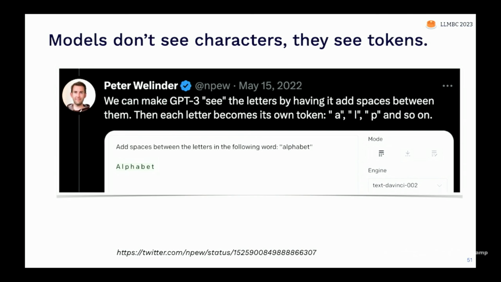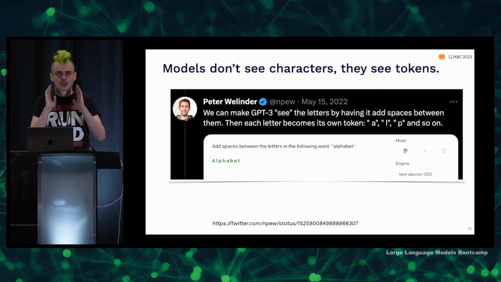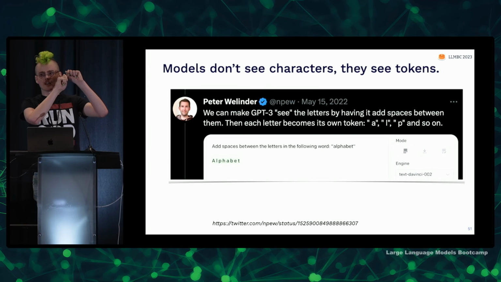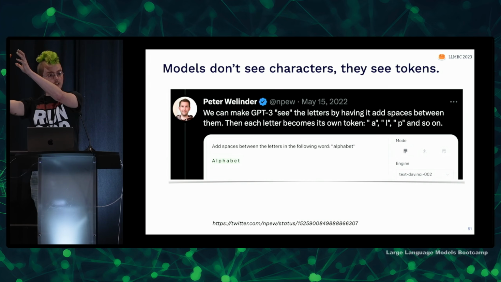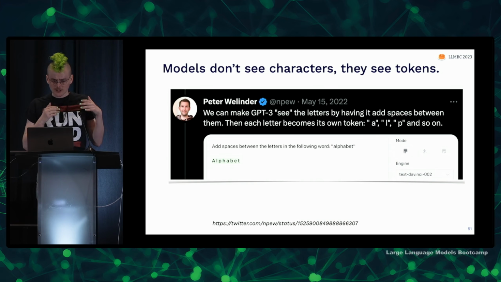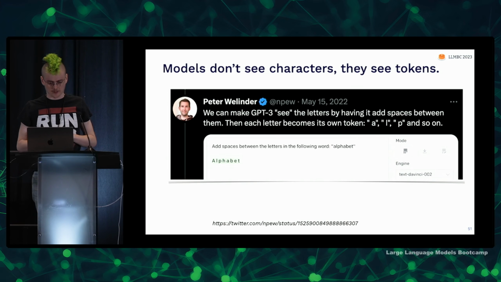One of the key ones is that if you add spaces between letters, either in the prompt or by asking the language model to do it, this changes the tokenization, and anything with a space before it and a space after it is going to get tokenized separately. A lot of the tokens for most of the capable language models have a space at the beginning and then a letter. And when another space follows, that becomes part of another token that looks like space and then a letter or several letters. So that's one trick to get around some of this byte pair encoding stuff, these issues of tokenization.